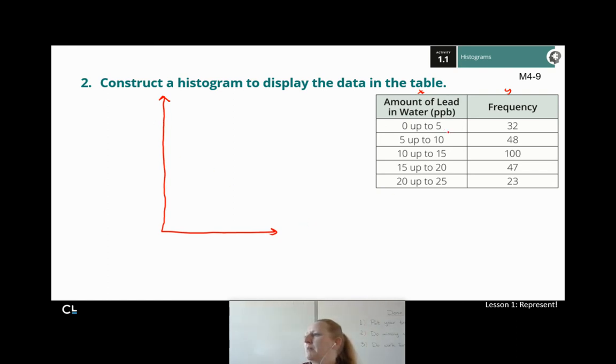Let's see. It looks like I'm counting by fives on my bins, right? 0 to 5, 5 to 10, 10 to 15, 15 to 20, 20 to 25. So I'm going to count by fives for my bins. So 5, 10, 15, 20, 25. Now, for my y-axis, for my frequency, I need to make sure I can get all the way